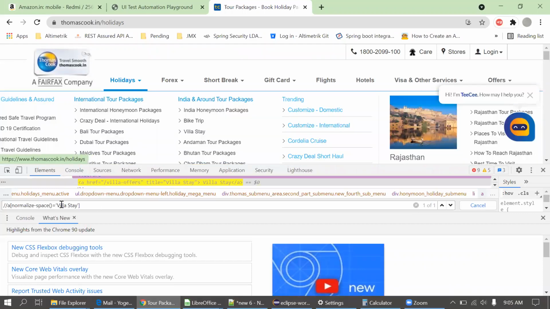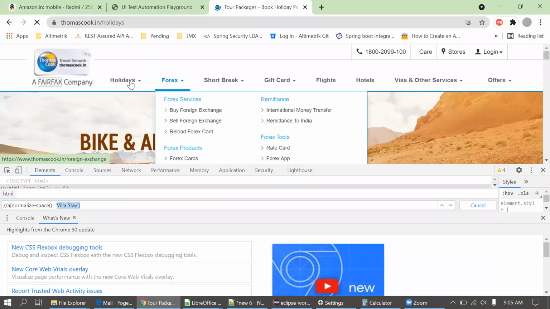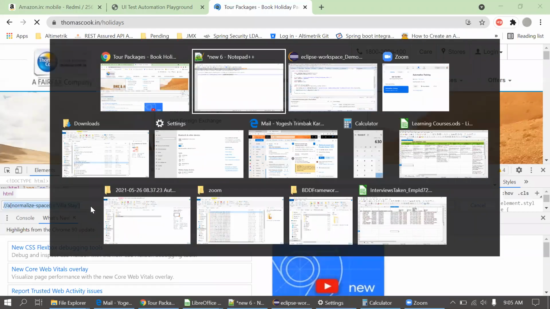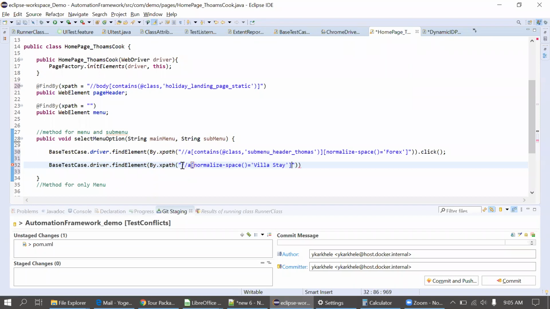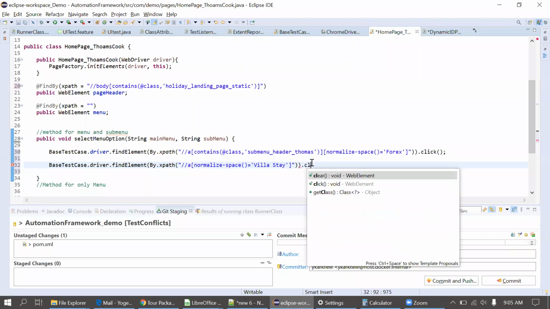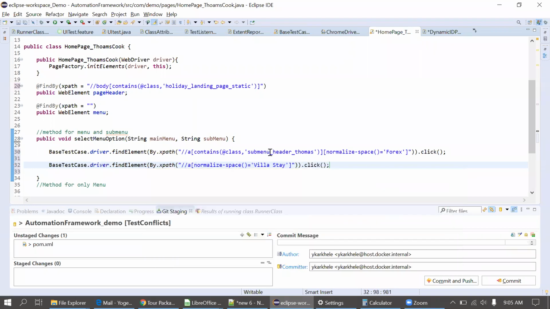It's very difficult to see that sub menu option; it just keeps loading always. Okay, so this is the right XPath. I'm copying this XPath and pasting it into the code here. Dot click. So this first line will click on the main menu and this will click on the sub menu.